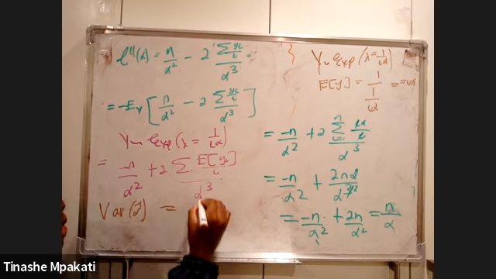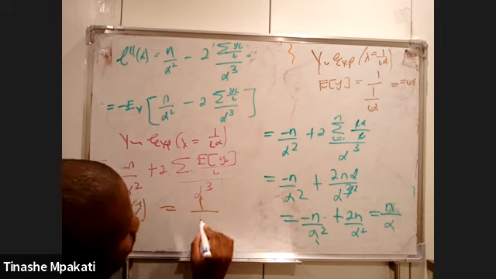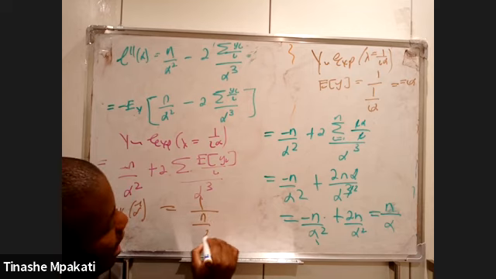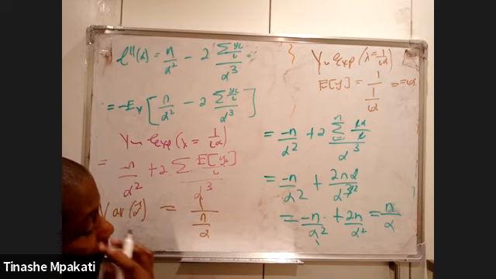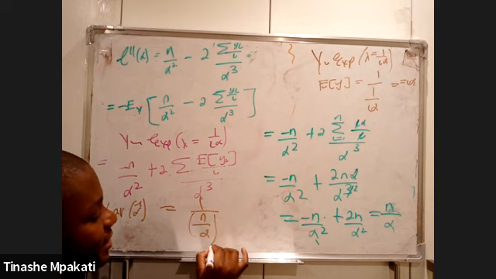But remember, what we wanted was the variance of that, right? What we said was 1 over this function that we have here, which we've found is n over alpha squared. And when you simplify this, because it's 1 over this function, it should simply be equal to alpha squared over n. That is our variance of that function there. So it means this is our asymptotic variance. So it means if you want